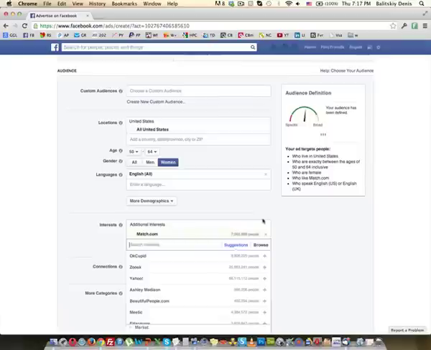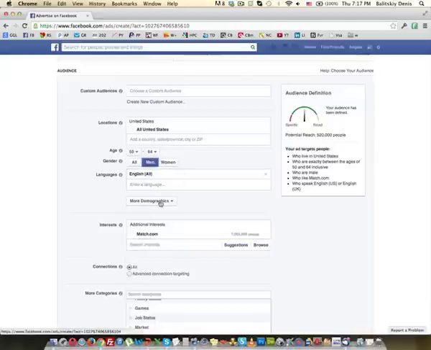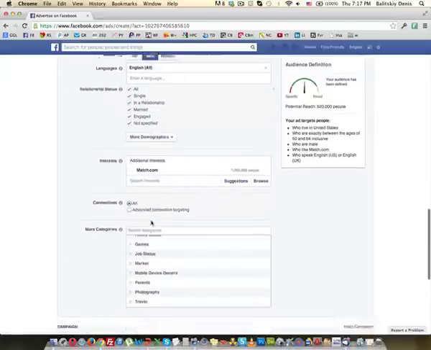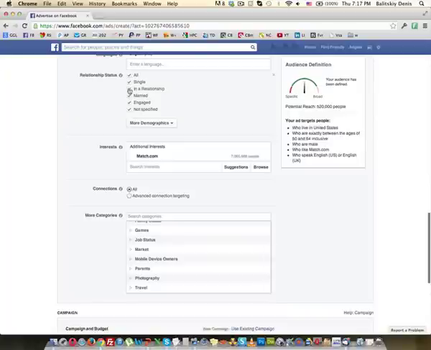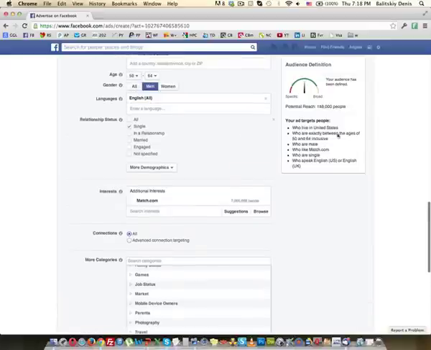Now, Match.com is a dating site that has to do with finding couples. So what I would do, again, I would go for United States, men, let's say I would click here, more demographics, and I would go to relationship status, okay? Instead of having all these options like in a relationship, married, engaged, not specified, I would only go for single. Look at this. Look how the targeting changes. If you have very specific targets, very, very specific clicks, you are going to be profitable.